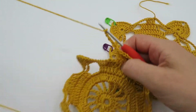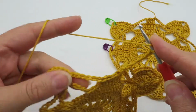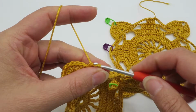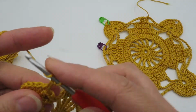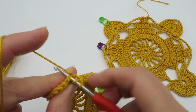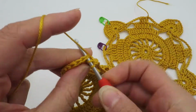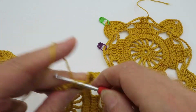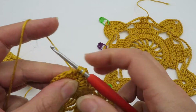If you like this pattern, this motif, I've got a video with the instructions. This stage of the video assumes that you're already familiar with the motif and you've made one, so I'm not going to give any instructions here about how to make the motif. This is purely for the join. The corner joins are made in the chain 3 corner space,